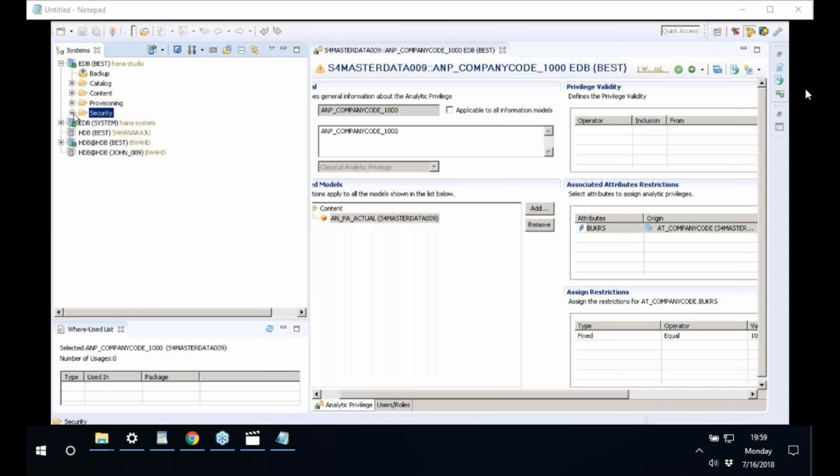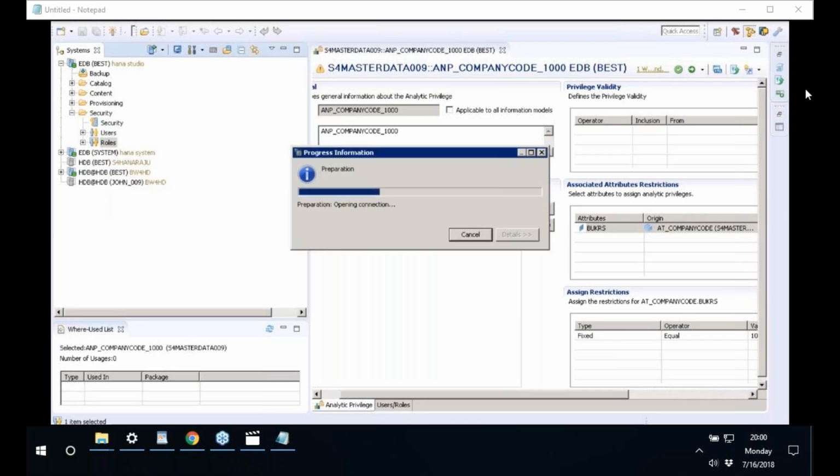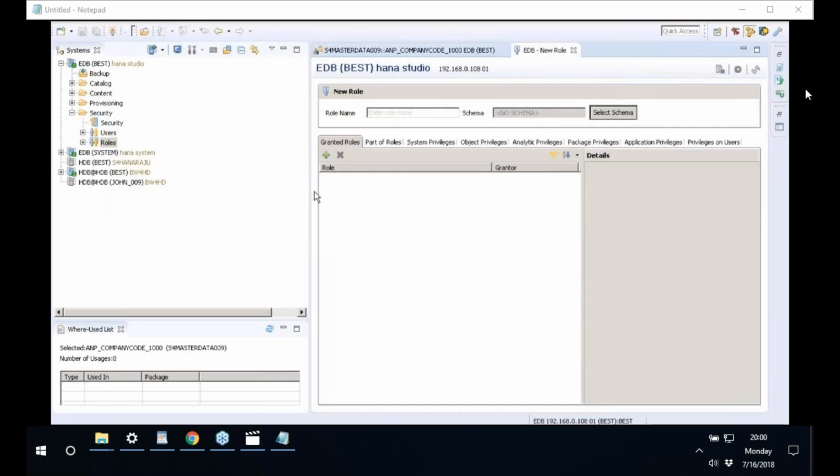Let us expand the security. So here we can see the role. Right click on the role, click new role. So once you click on the new role,